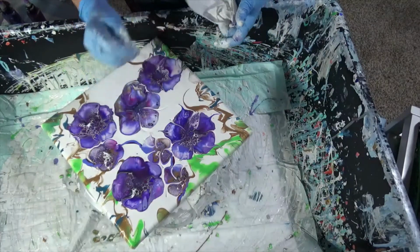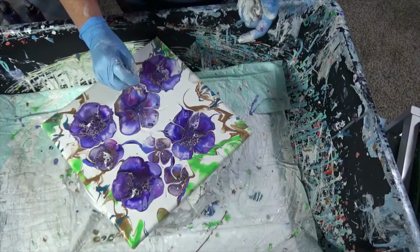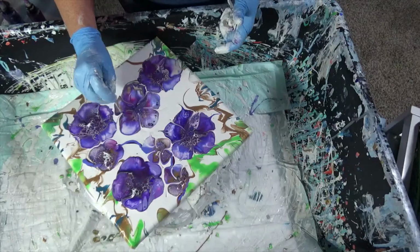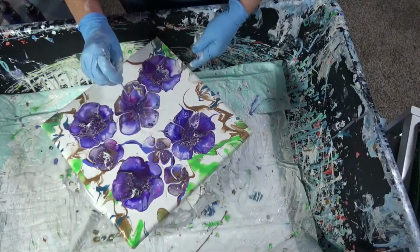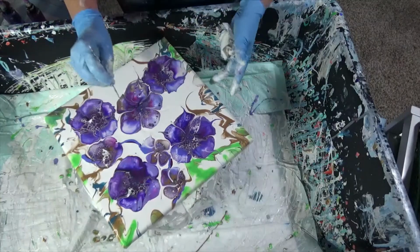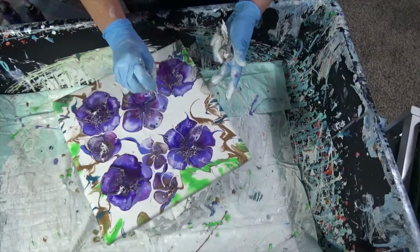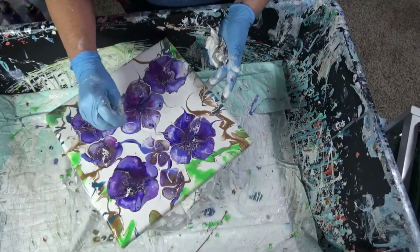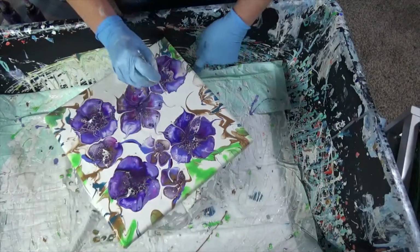And I wipe in between each one, and I go from the white in, oops, white in. Now this one here, I could actually do something like that and just kind of fancy it up, okay? And I'm okay with that. How about y'all? There's not a whole lot in that one, so